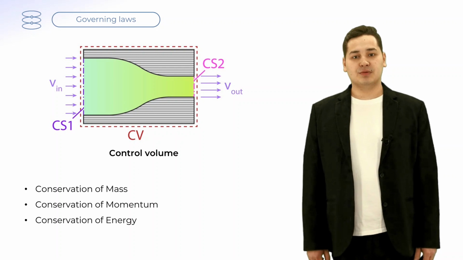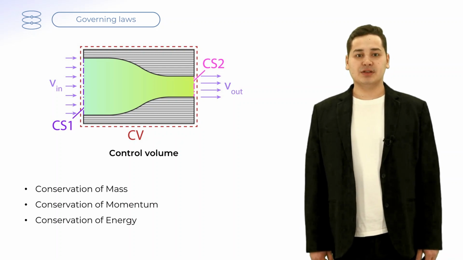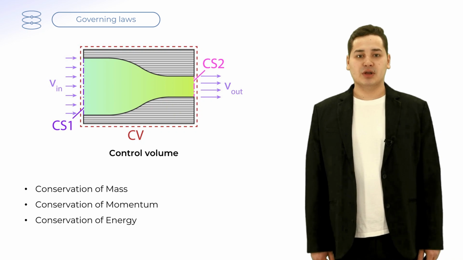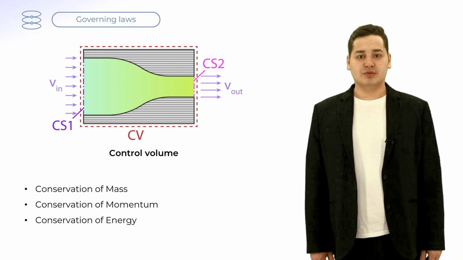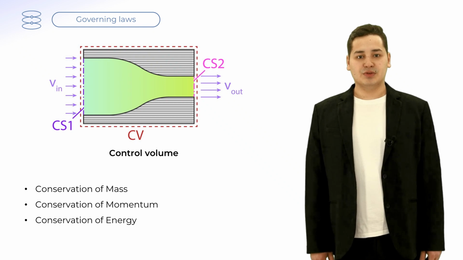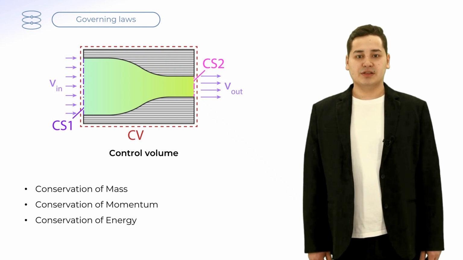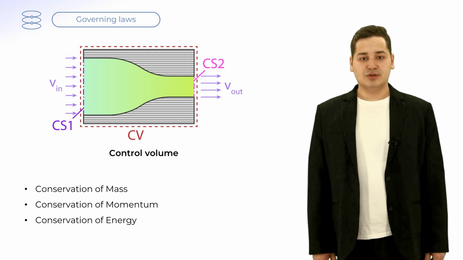The governing laws of fluid motion can be derived using a control volume approach. This is equivalent to a fluidic black box, where all we know about the flow is what's going in and what's coming out of the control volume: mass, momentum, and energy. The control volume can be fixed or moved with the fluid. When analyzing a control volume problem, there are three laws that are always true: conservation of mass, conservation of momentum,